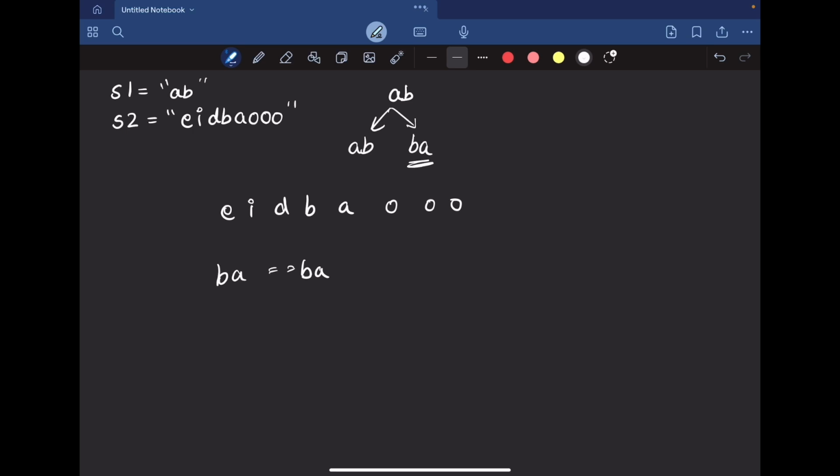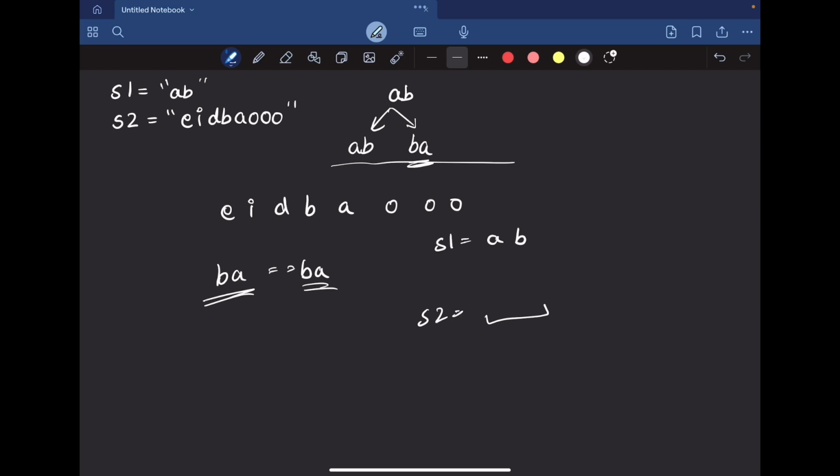We don't know out of all these permutations which one will be present in S2, right? So we need to avoid finding all the permutations of this string. If you closely have a look here, instead of comparing the entire strings together, that is BA should be equal to BA, can we check that whatever characters we have in S1, that is AB, are those characters present in S2 also in any of its substrings of length 2?